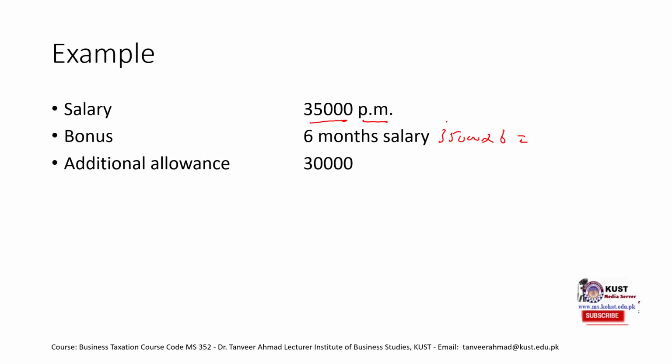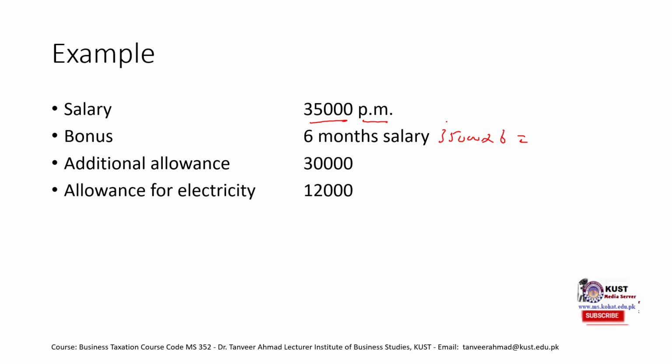Remember, additional allowance can be anything. It is not exempted from tax. It is just any kind of additional allowance that can be paid. For example, in some institutions there is a special allowance that is paid for working in that institution. For example, doctors are paid special allowances, so that special allowance is taxable, right?